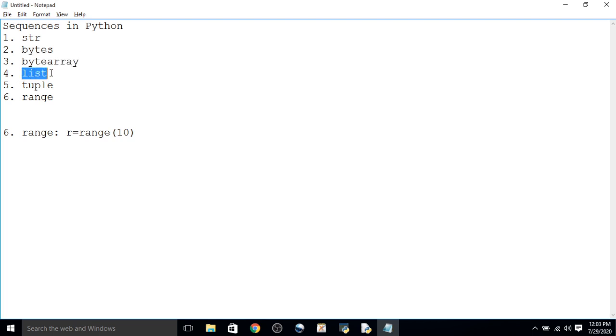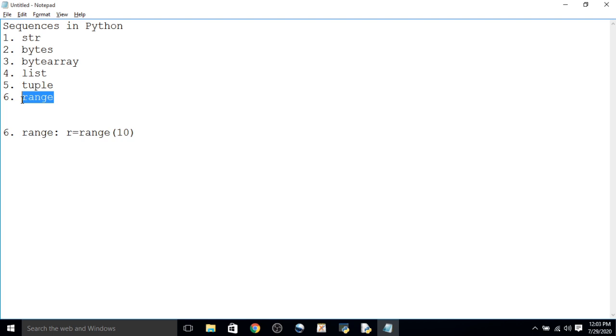Then we have seen list, which contains a group of elements of the same or different types enclosed in square brackets, and each element is separated by a comma. Then we have seen tuple, enclosed in parentheses and separated by commas. The difference is that a list is modifiable and a tuple is non-modifiable.